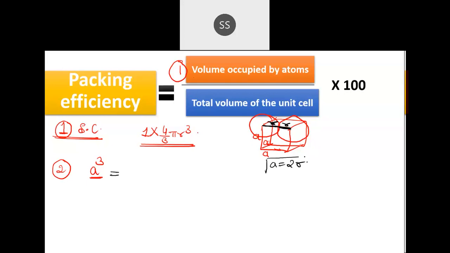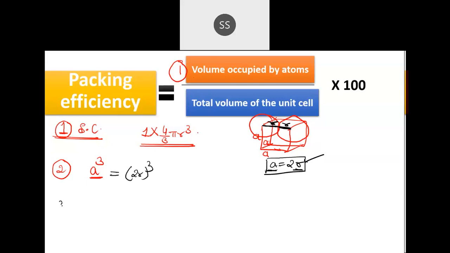So here you need to find the relationship. Before you find the volume of the unit cell, your job is to get the relationship between the edge length and the r. And if you want that r value and edge length value, you should see that atoms are exactly in contact with each other. If they are far away from each other, you can't get an a and r relationship. I hope you are getting my point. Remember this point: if you want the a and r relationship, you should see that the atoms are exactly in contact with each other. Once you get that a value, you cube it and you will get the a cube value.